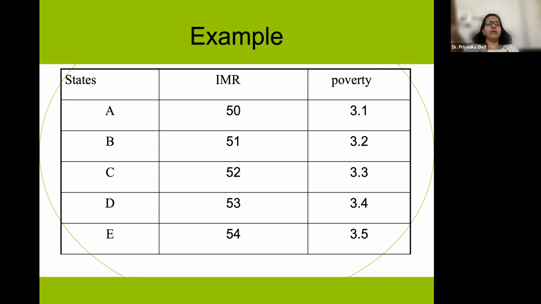logistic regression. However, if your outcome variable is in continuous form, let's say how many times you have visited a temple, this may be 1, 2, 3, 4, 5, 6 like that. It is a continuous variable. In this situation, we should apply the linear regression model. Okay. So this is clear, the difference between logistic and linear.